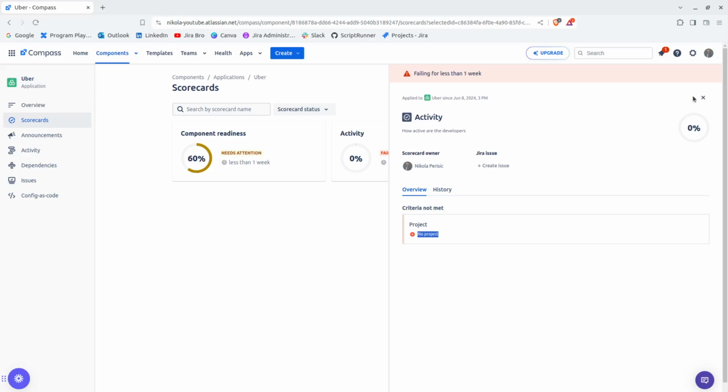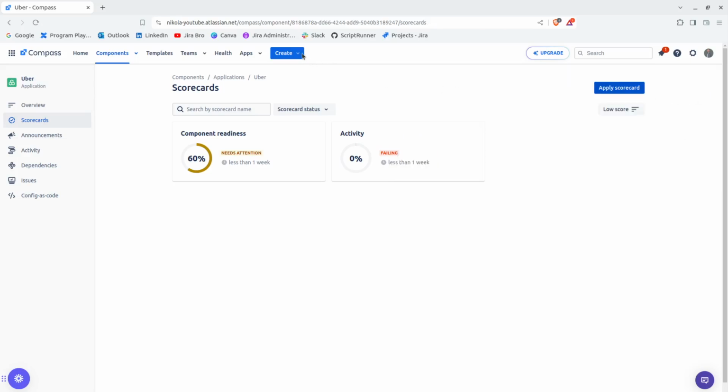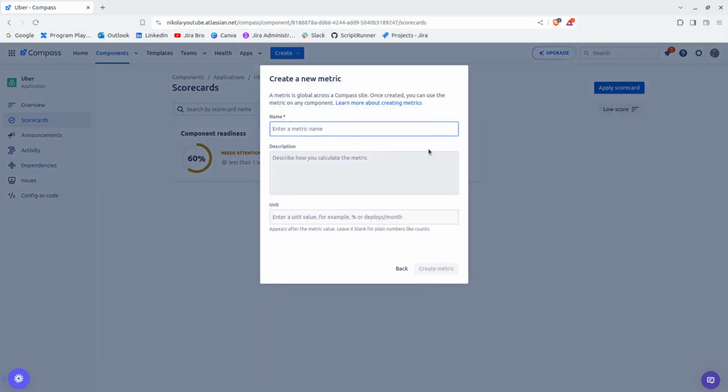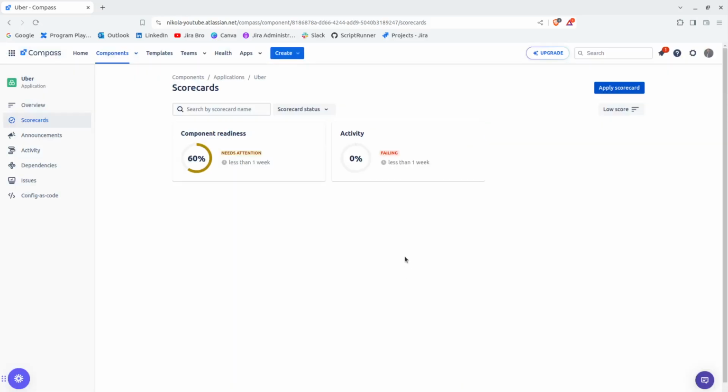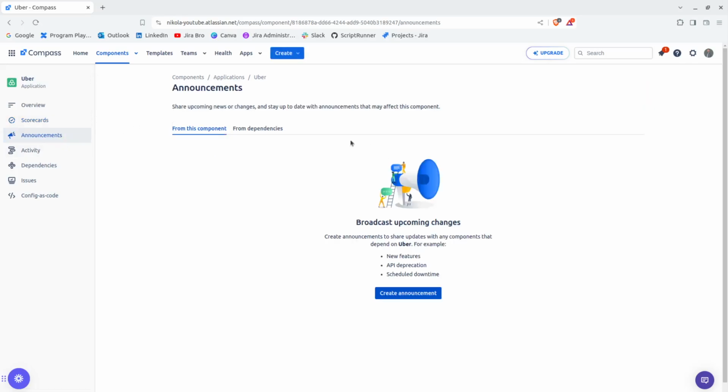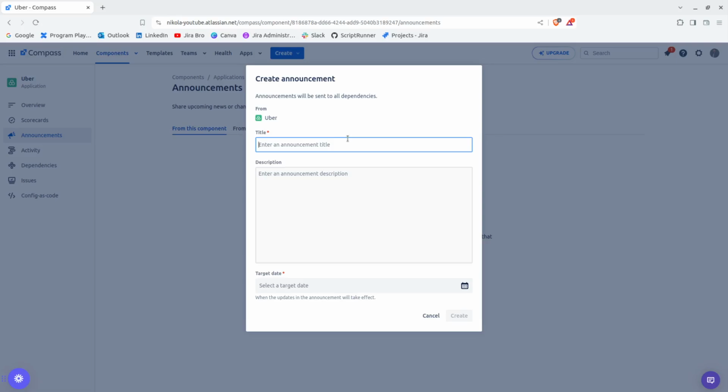Alright, okay, so we have that as well. What else can you actually create? So you can import the components. You can create a component. You can create the metric, which is another thing that you actually want to do, or go with incoming webhooks. Now I also have the announcements for Uber, and I'm gonna say update version